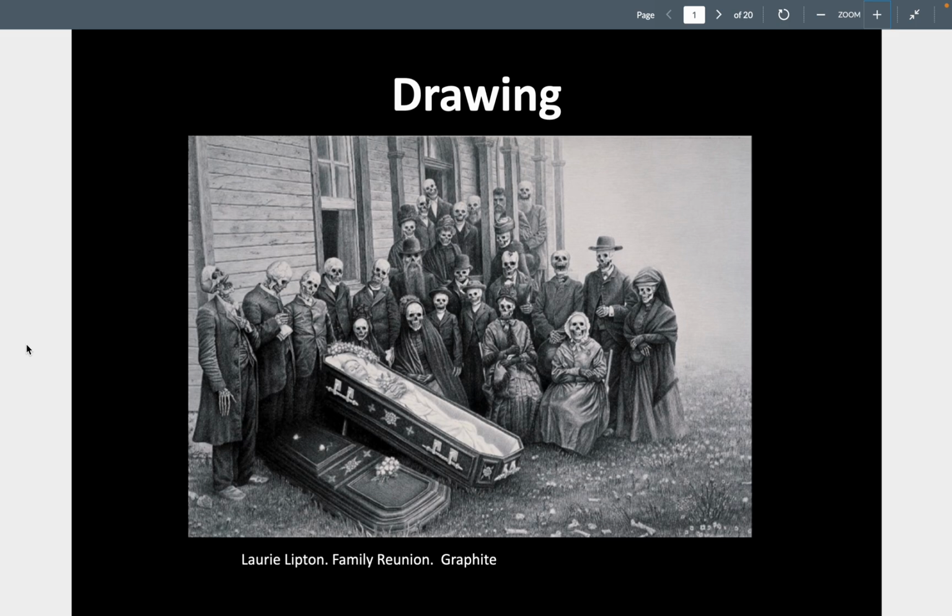Here, done in graphite, which is pencil, we are looking, and I'm assuming probably different pencils. So pencils and charcoals are labeled based on their hardness or their softness. The more soft they are, generally the blacker the mark is. The harder they are, generally the lighter the gray is. So probably she's using a 4B or a 6B, a soft graphite pencil to get her blacks. I would guess maybe a 2B or a 3B. 2Bs are kind of standard yellow pencils you might have used in school. And then to get the light grays, probably a 2 or a 3H, which are typically the harder leads that